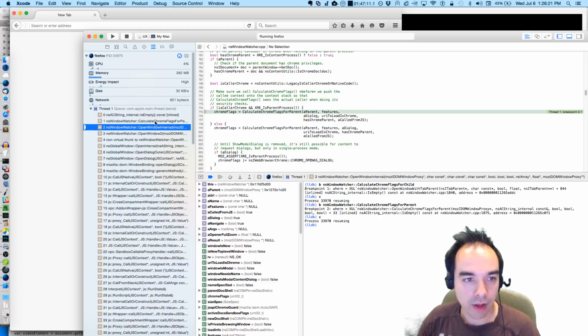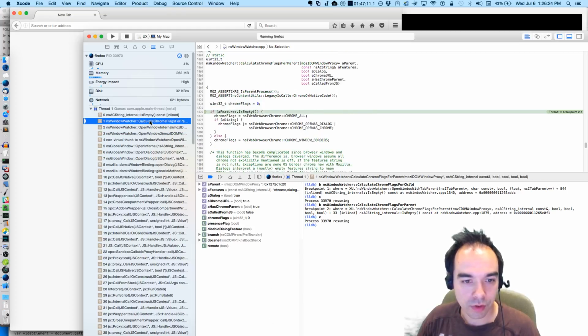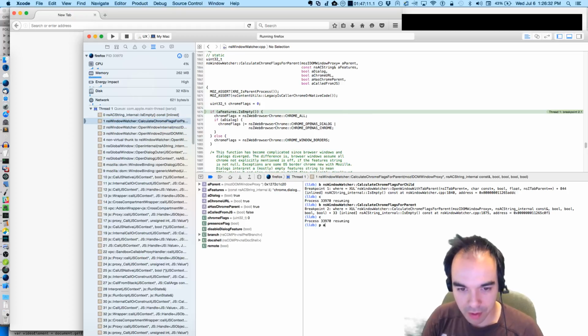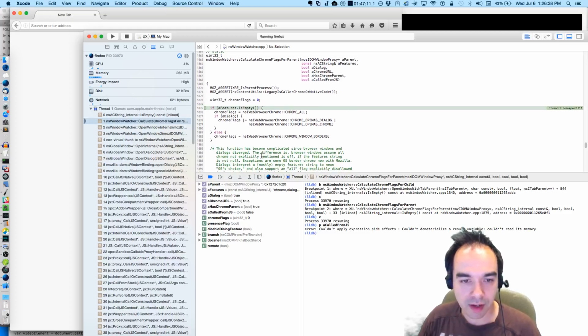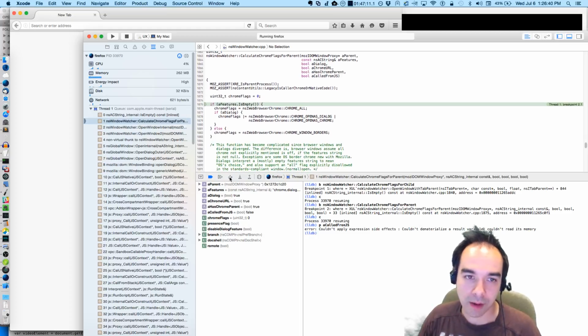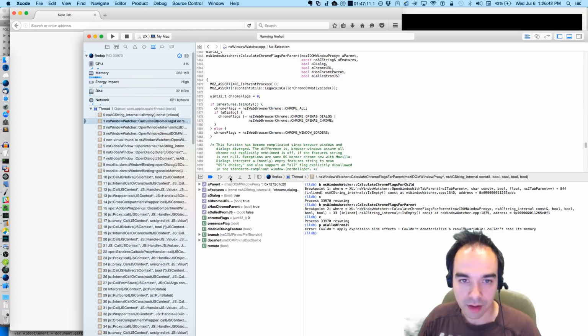A called from JS is true. Should definitely be true in here. What? Why is A called from JS false? Maybe that's an optimization. This is an opt build that we're looking at here. I'm kind of cheating.